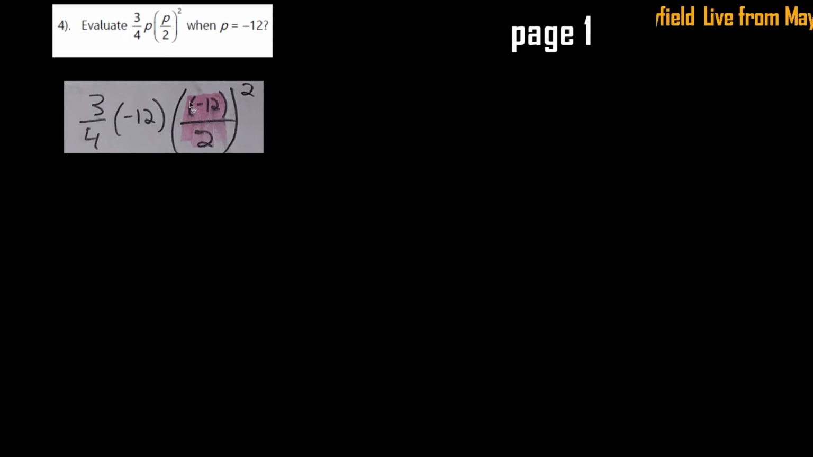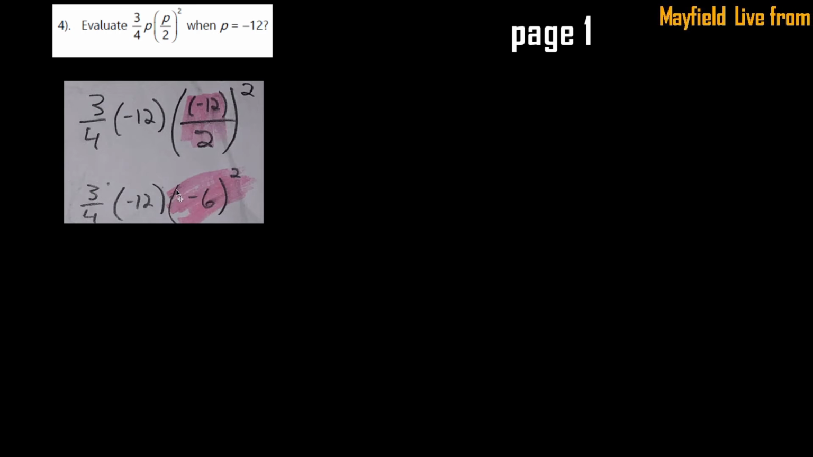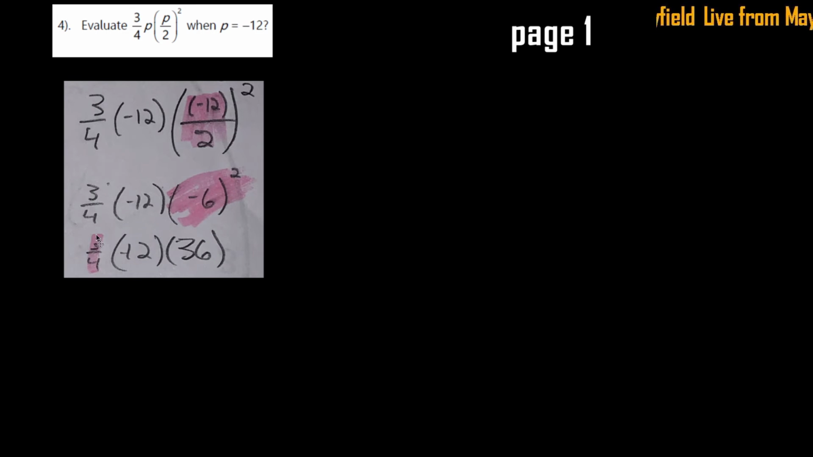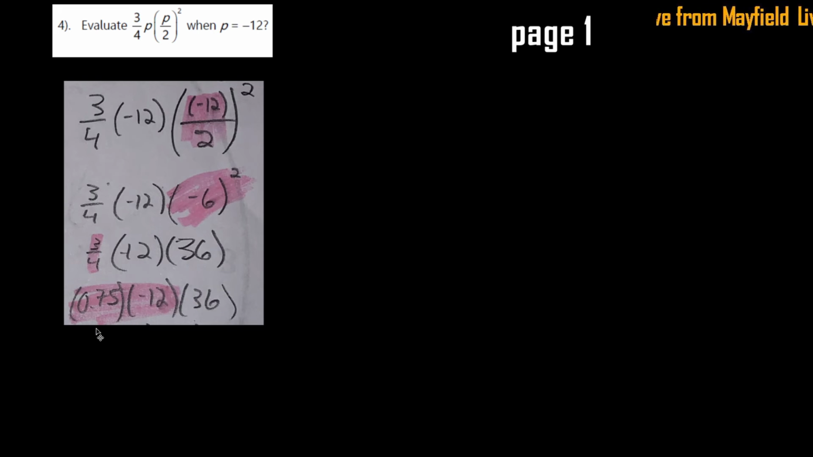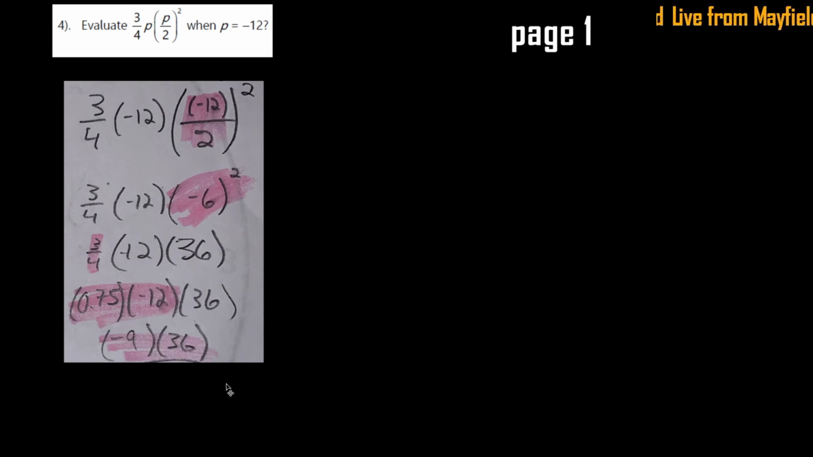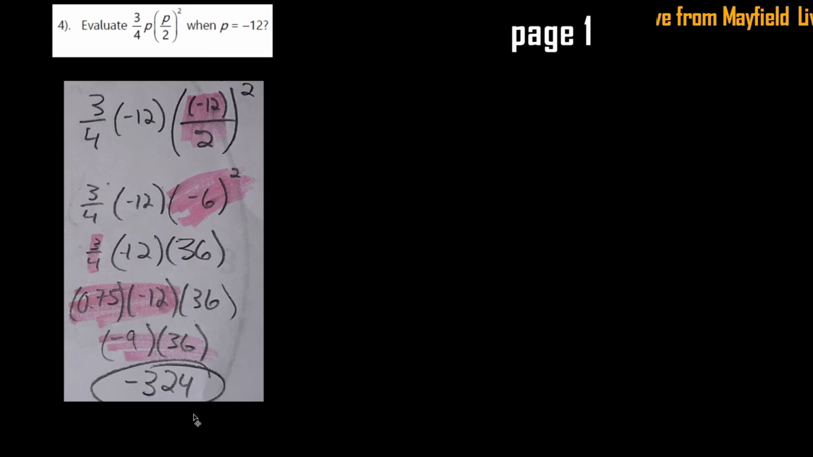And so I work inside the parentheses first, and so I do -12 divided by 2, which is going to be -6. And then I take -6 squared, which is a positive 36. And then I can do this fraction on the outside, since that's technically division. If you wanted to change that to a decimal, you can certainly do that first, whatever works best for you. And so we have 0.75 times that -12. That's going to be a -9. And then we take that -9 times 36 to get our